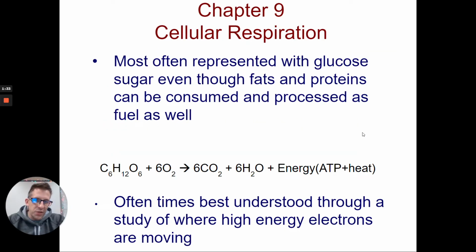Okay? So cell respiration is oftentimes represented with glucose sugars. When you learned about this in Honors Bio, you probably learned about it using glucose, and this formula down below in the middle probably looks really familiar to you. C6H12O6 is the formula for glucose. We combine it with some oxygen that we breathe in, and our bodies send those through a series of reactions, and at the end we get out CO2, which is what we exhale, and water vapor, which is what we exhale, and we get energy as a result,